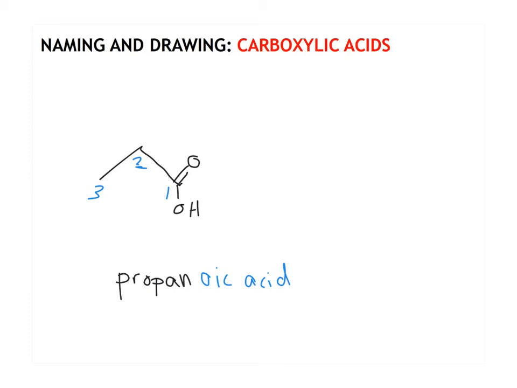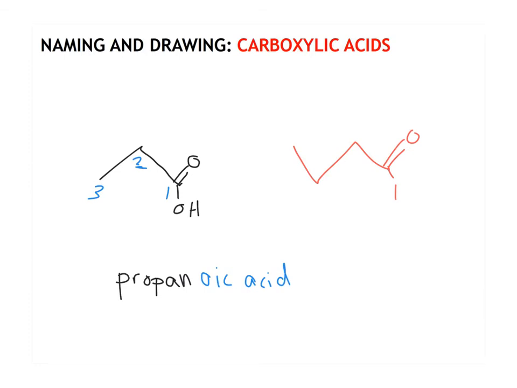Now, we don't need numbers because the carboxylic acid will always be where we start. There's nothing else that can attach on one side of that carbon. It will be a straight chain from there. So propanoic acid will always start at the carboxylic acid, and so we don't need to use numbers for carboxylic acids. If I had side chains,